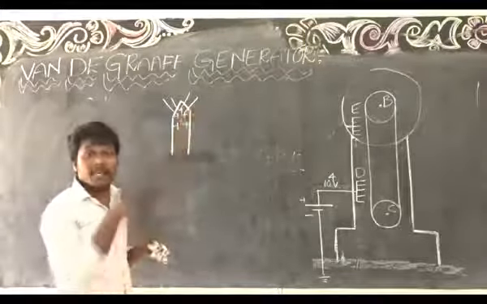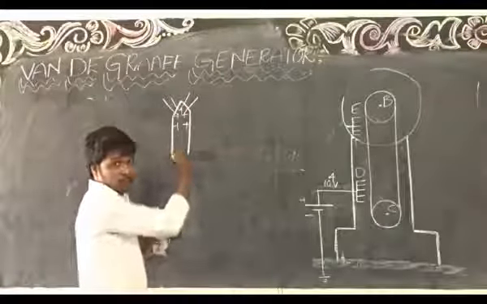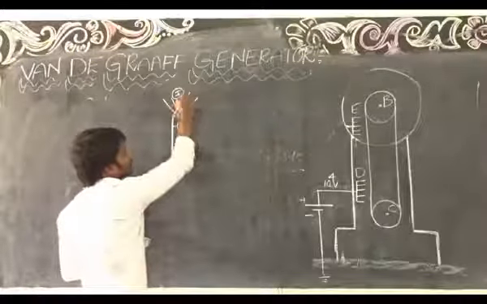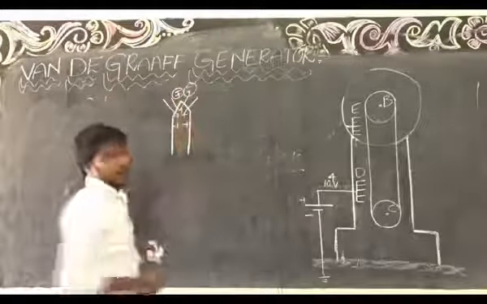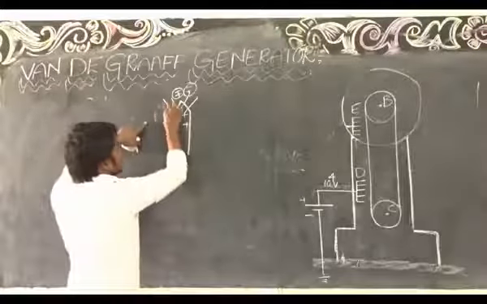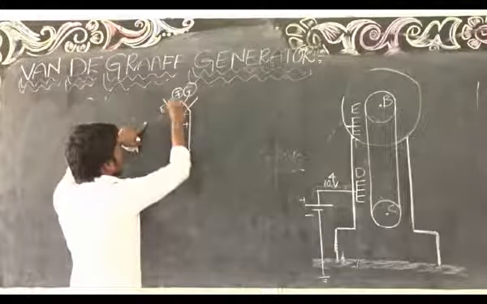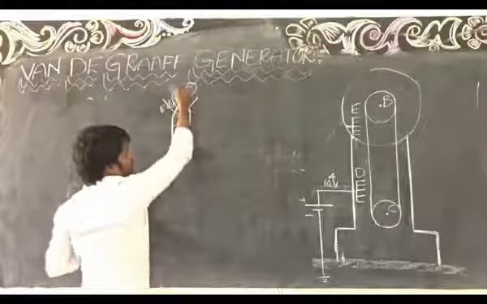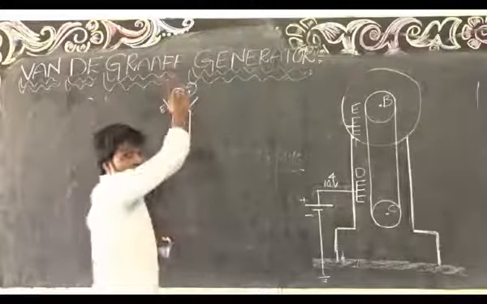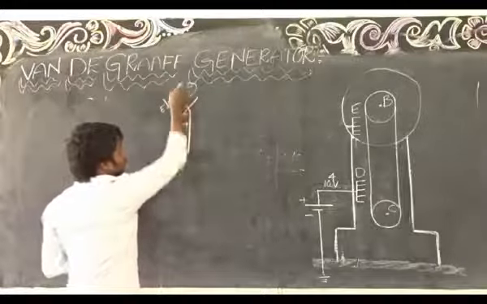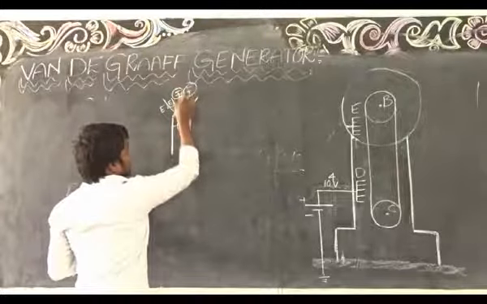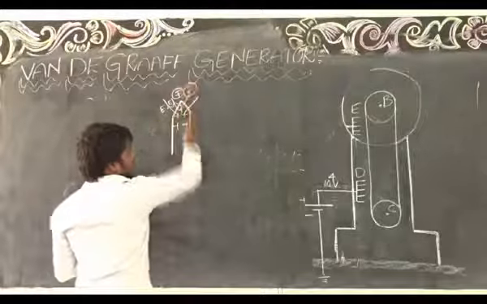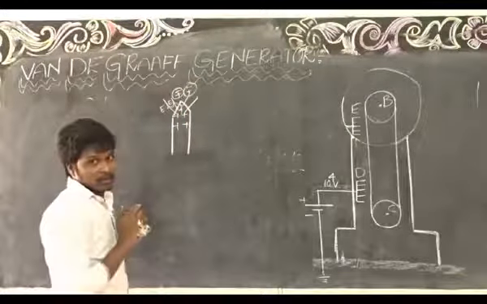It will attract the negative charged particles of the air molecules and repel the positive charged particles. This is the air molecule, and this is the electric field. This is a positive charge, so it will attract the negative charges and repel the positive charges, correct? So first this negative charge will be attracted, and at the same time these positive charges will be repelled.